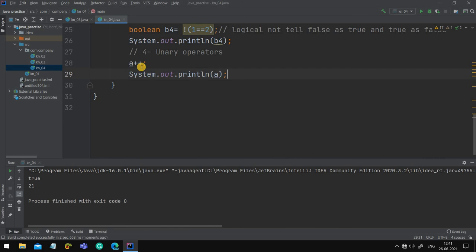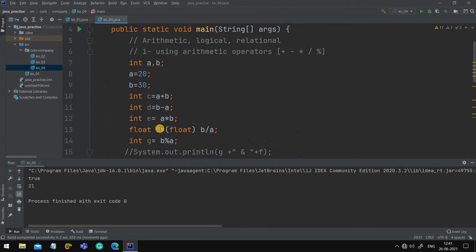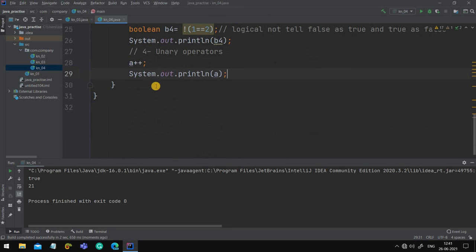It is 20, then 21. Means we have done all the things with A, and after that we are adding 1 to it. This concept will be very clear in your mind when we start doing the loop.